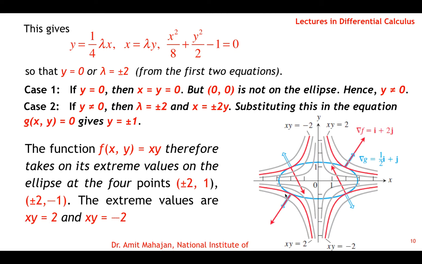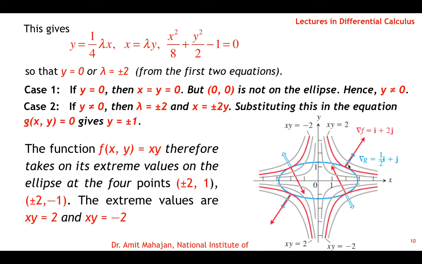So if you look at the ellipse and the function xy equal to constant, xy equal to constant are these curves. Okay, these curves touch the ellipse here or here, or here or here, 4 points. And at these points the normal to the ellipse and the normal to this curve xy equal to constant